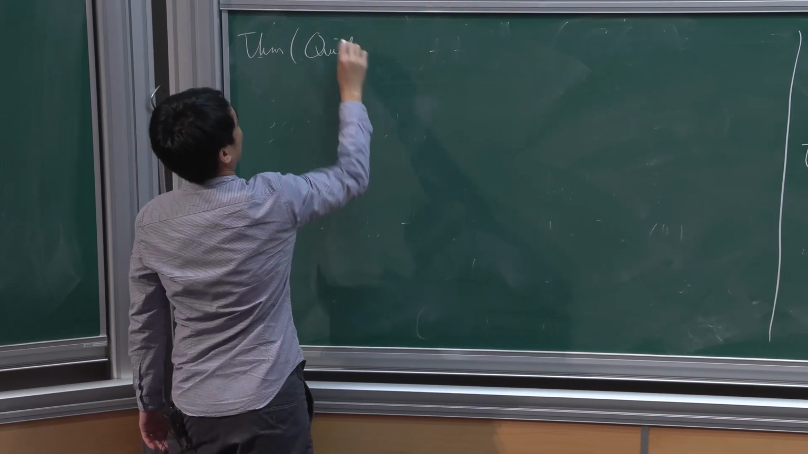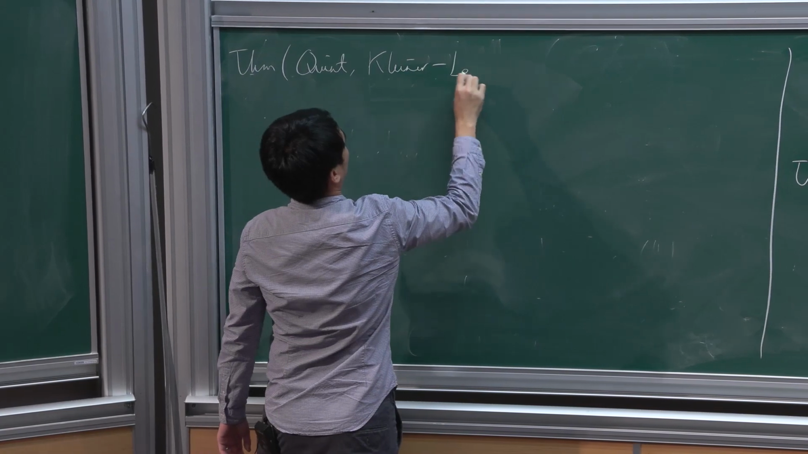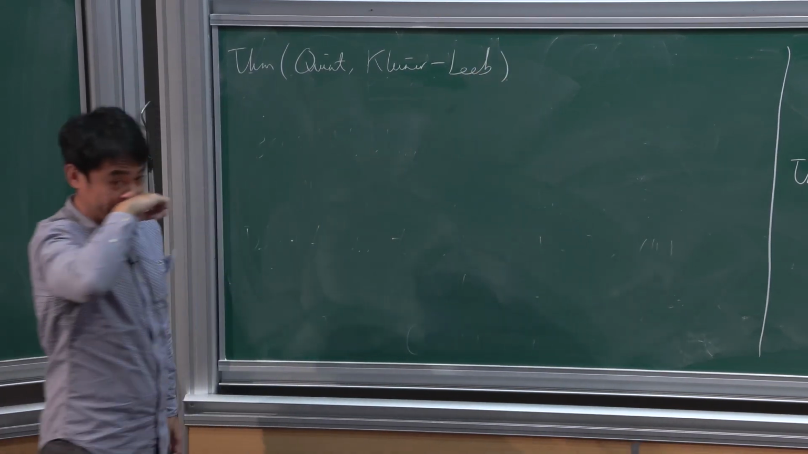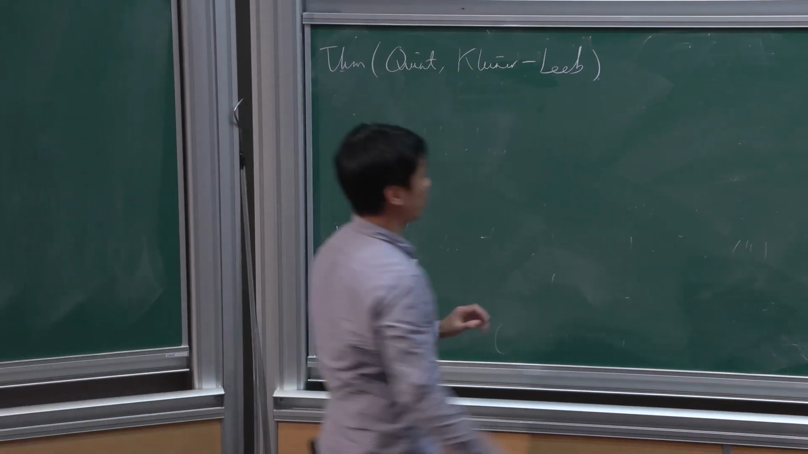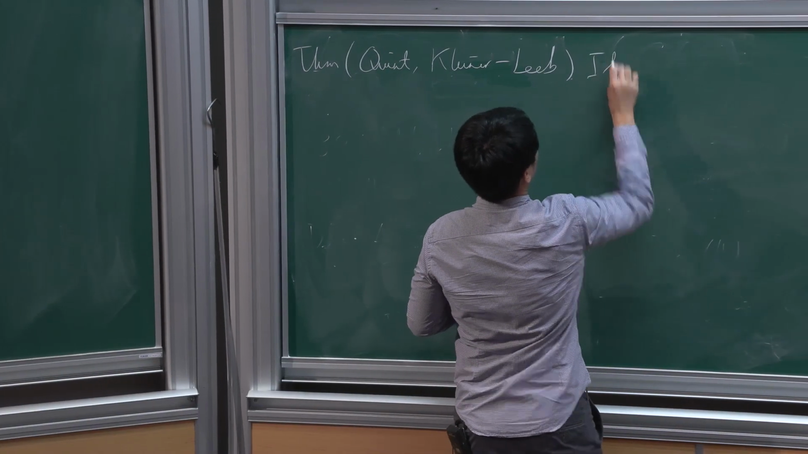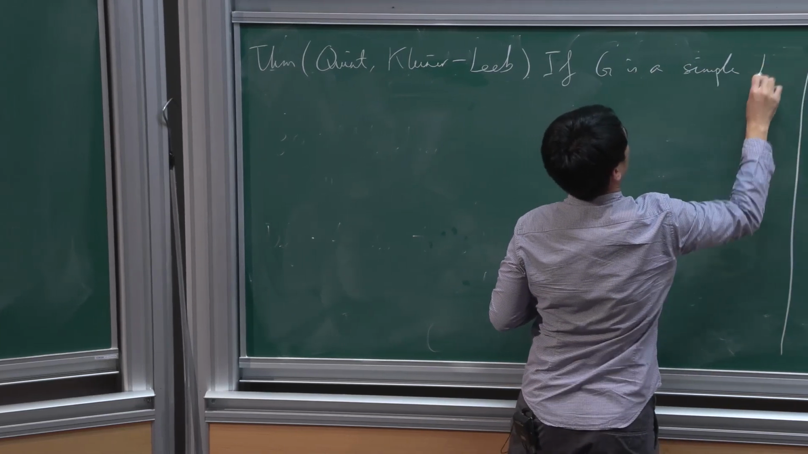Due to Jean-François Kahn, also Kleiner and Lieb. What they prove is actually much stronger than what I'm going to state, but this weaker version is easier to state and it already illustrates my point. So if G is a simple Lie group,